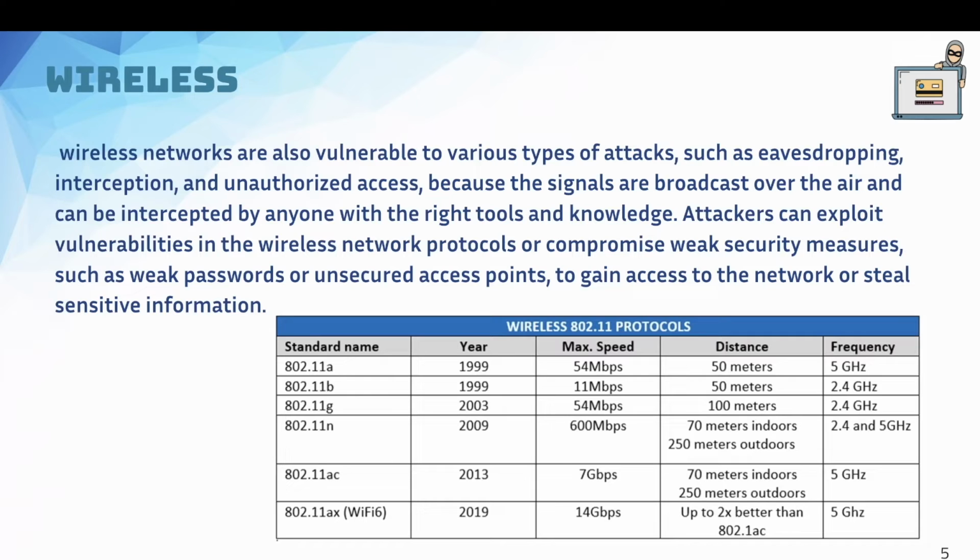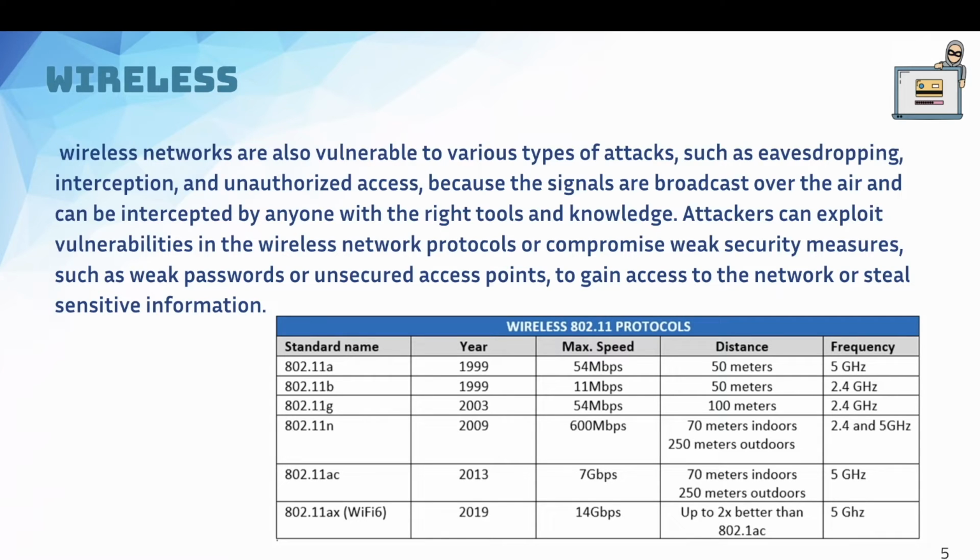with the same range, operating on a 5 gigahertz network. And then we have ax, or Wi-Fi 6 as it's also called, introduced in 2019, doubling the speed up to 14 gigabits per second, and it's double the range of ac. It also operates on the 5 gigahertz frequency, and these wireless networks are also vulnerable to various types of attacks,